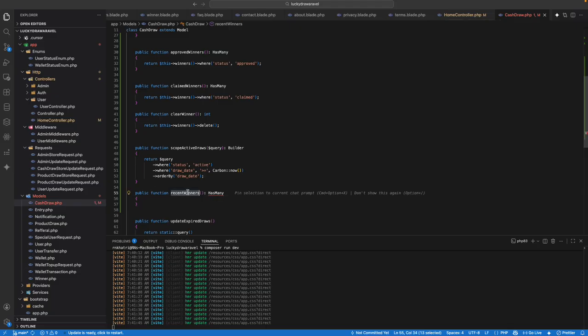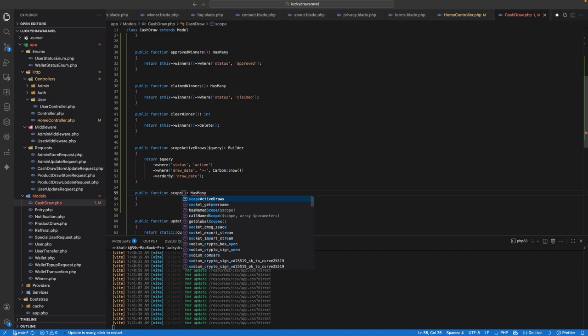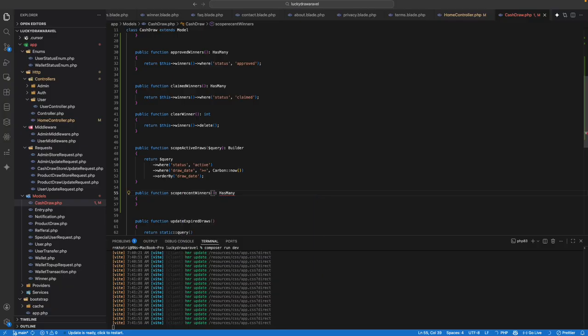Here we have to scope recent winners, or let's make capital scope recent winners, right. Builder, okay. Let's query same like,